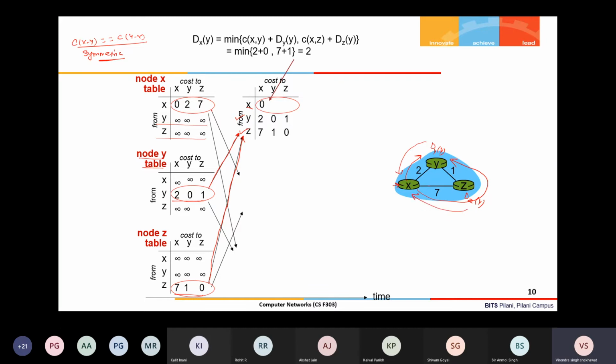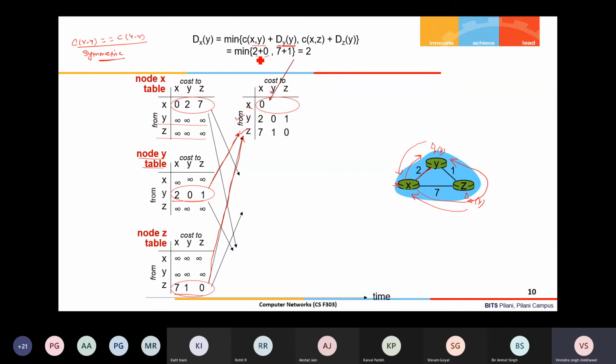Now X will compute and estimate its new cost for destination Y first, right? So you see this one. It is receiving from two nodes. So D_Y(Y) and the cost of link XY. Link XY is 2 plus D_Y(Y), the least cost from Y to Y, which is obviously 0.